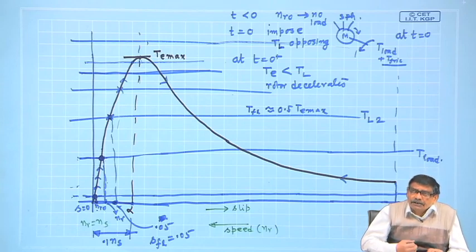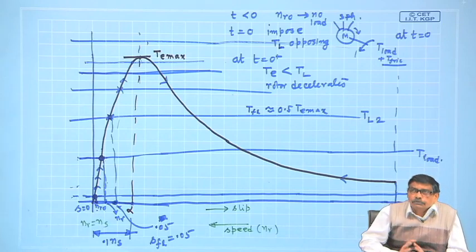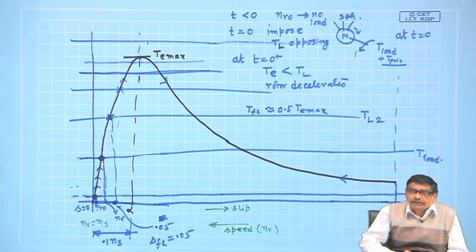Then the question of burning of windings comes in, because to burn a coil, suppose a coil rated current is 5 ampere. If I pass 10 ampere, do you think the coil will burn? It depends. If you pass 10 ampere through a coil capable of carrying 5 ampere for a long time, it goes. But 10 ampere for maybe 2 seconds you can allow, it does not matter, 5 seconds you can allow.